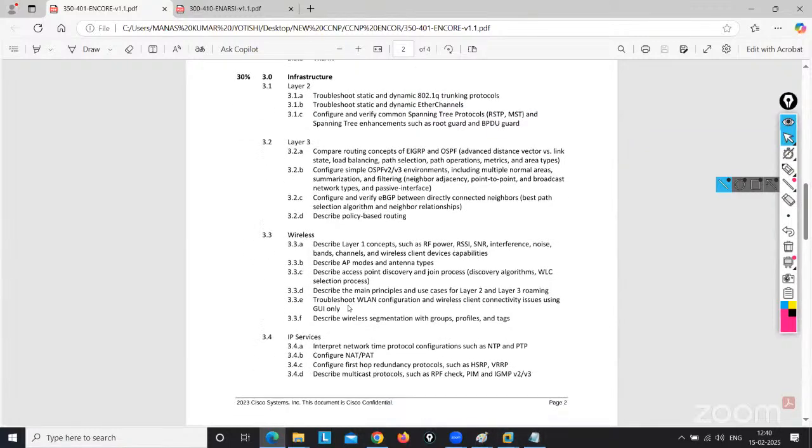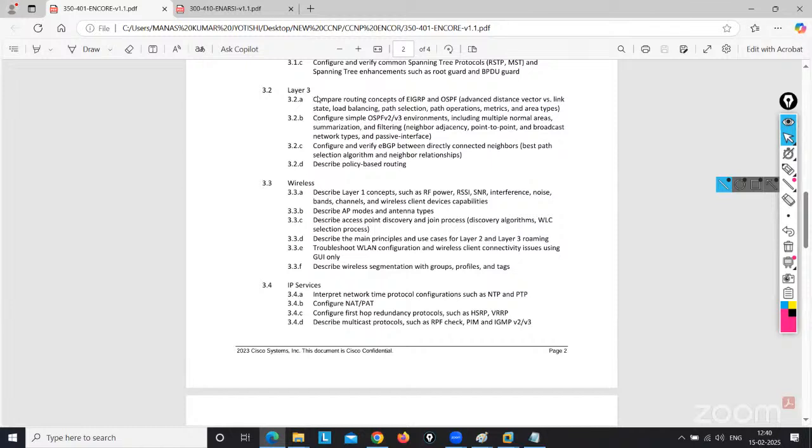Okay. Then again, EIGRP, these things here, it's 30 to 40%. But the main thing is that NRC, it's the complete routing part. Okay. So I need to cover each and everything, EIGRP, OSPF, and after that BGP, MPLS is there. So everything I need to cover. Just let me give you one difference.